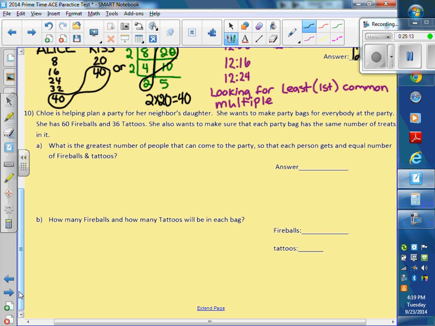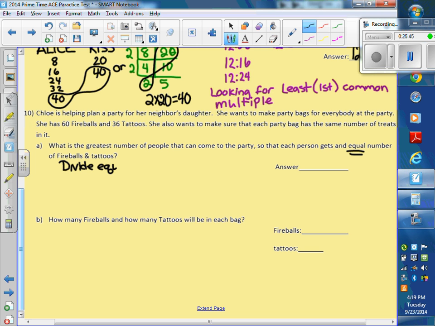All right, let's look at this problem. Chloe's helping plan a party for her neighbor's daughter. She wants to make party bags for everybody at the party. She has 60 fireballs, those little candies, and 36 tattoos. She also wants to make sure that each party bag has the same number of treats in it. What's the greatest number of people that can come to the party so that each person gets an equal number of fireballs and tattoos? So basically you have to divide